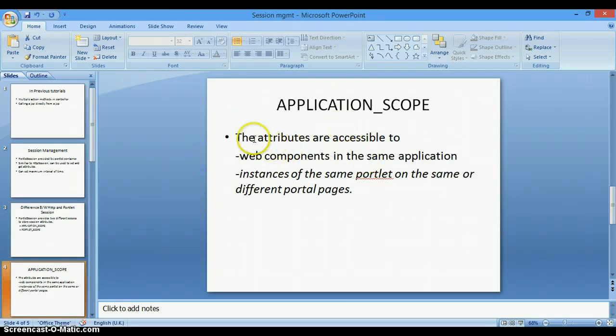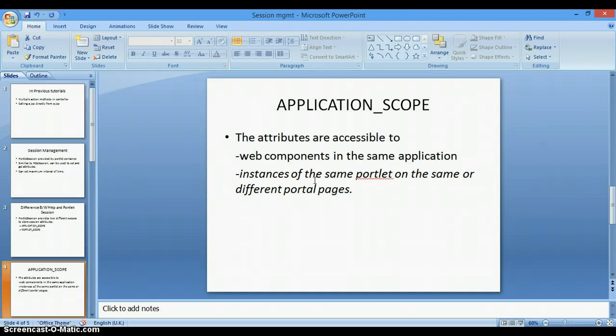This is application scope. The attributes are accessible to web components in the same application, and instances of the same portlet on the same or different portal pages. That means if you have a portlet which is instantiable and which can be placed multiple times on a particular portal page, then the session attributes you set in the application scope will be available in both of the portlet instances, whether they are on the same portal page or on a different portal page.